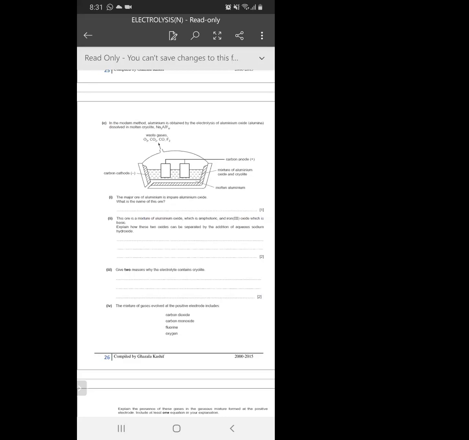Okay, and so aluminium oxide, when it reacts with sodium hydroxide, what does it do? What does it make? What does it form? When aluminium oxide reacts with sodium hydroxide,